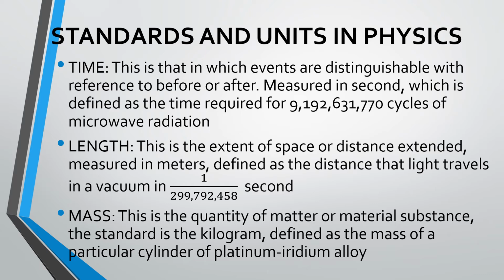So you can see that in physics we give standard measurements. It is internationally agreed. We call them the SI units, the System International Units. It is standard for all forms of measurement. As far as you talk about time, it is the second. As far as you talk about length, you talk about the meter. As far as you talk about mass, we refer to the kilogram.